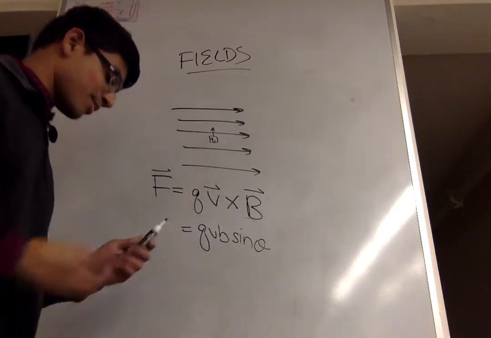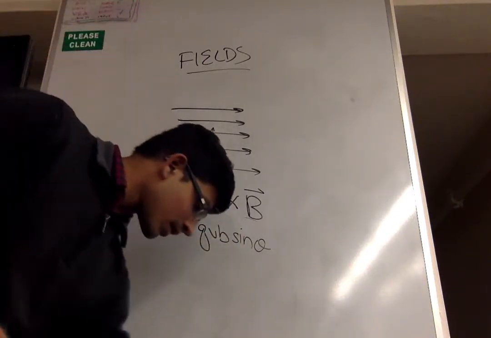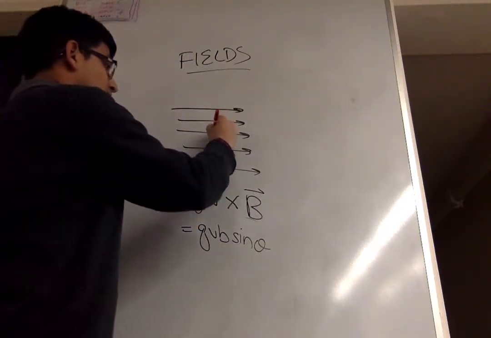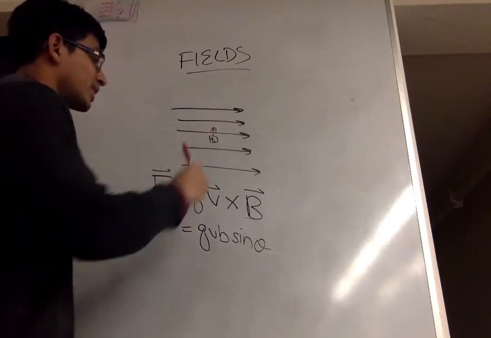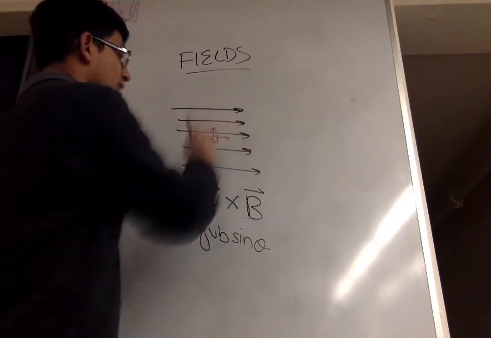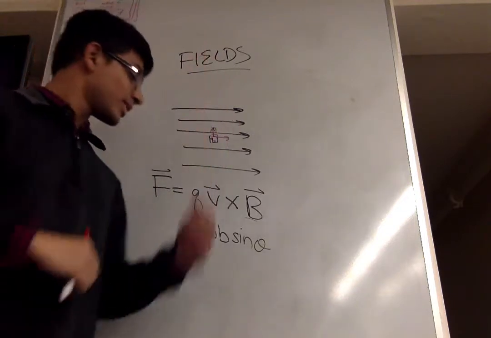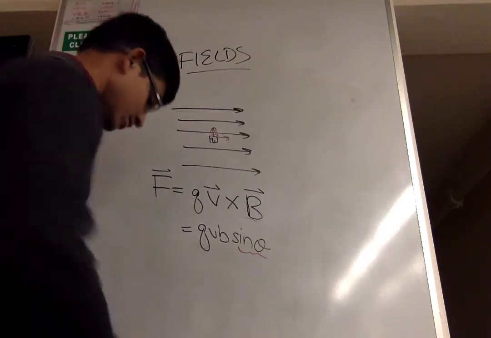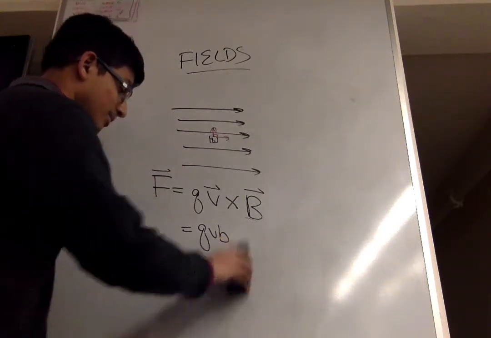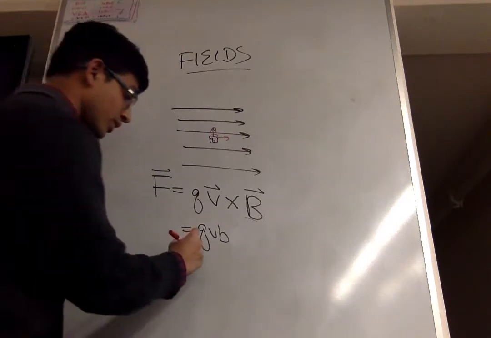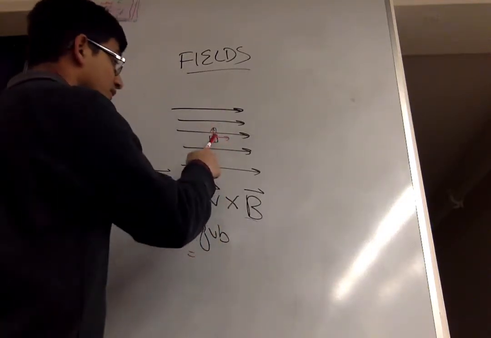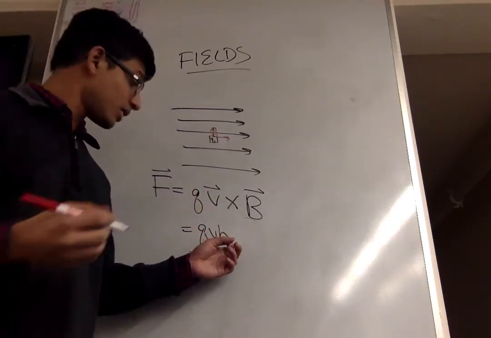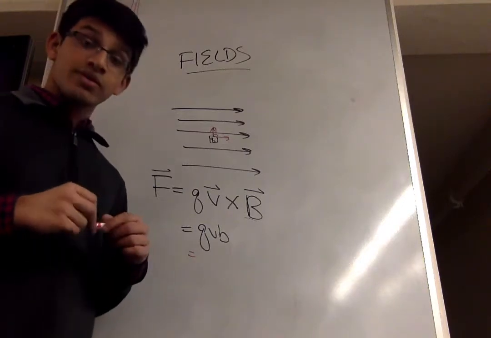So let's look at this example here. We have velocity going in this direction, and we have the magnetic field going in this direction. So the angle between them is 90 degrees. If it's 90 degrees, sine of 90, as you should know, is 1. So that reduces our formula down to just QVB. So we know the Q of the particle, we know the velocity, and if we know the strength of the B field, we should be able to find the magnitude of the force exerted